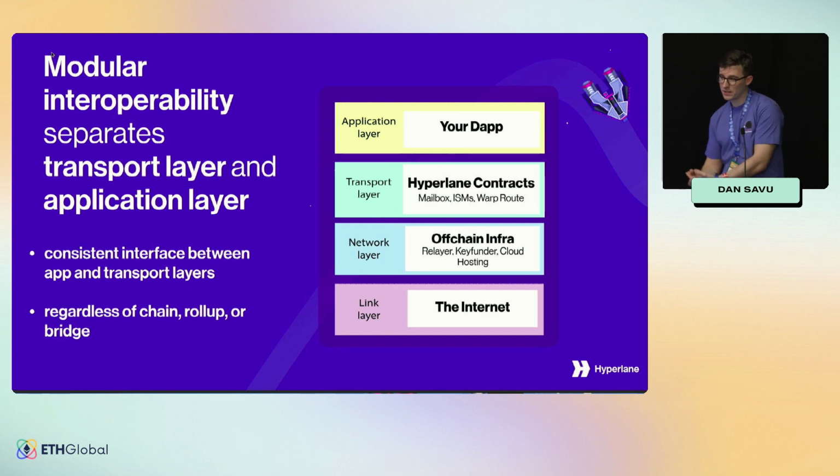Again, if you're talking to an EVM, like your rollup, and you talk to the layer 2, maybe use the canonical bridge. If you're talking to a Cosmos chain, maybe it's a multisig, but that's all abstracted away from you at the dApp layer. And then below the transport layer, there's a bunch of off-chain infra where there's a relayer that's running. There's a key funder that makes sure the relayer has funds so it can keep sending messages cross-chain, and a bunch of other stuff. And obviously, at the lowest level, we're just abstracting away the internet. So we're really trying to provide a consistent interface. You integrate with Hyperlane once, and then your protocol is future-proof to any sort of bridging models that become available.